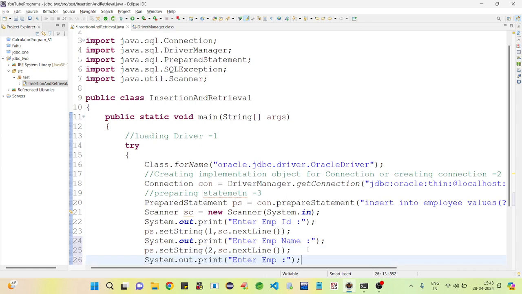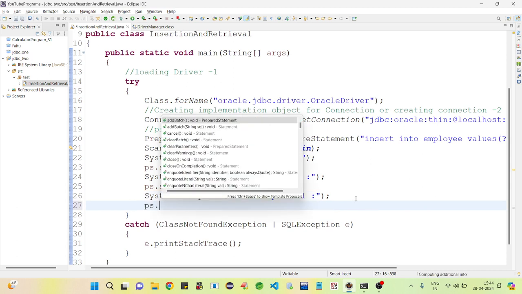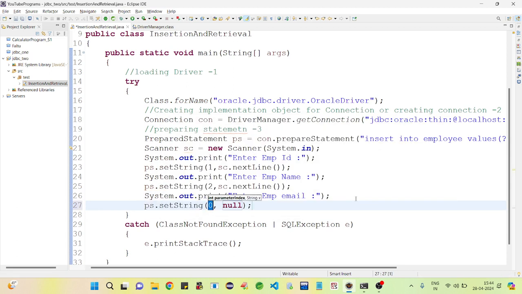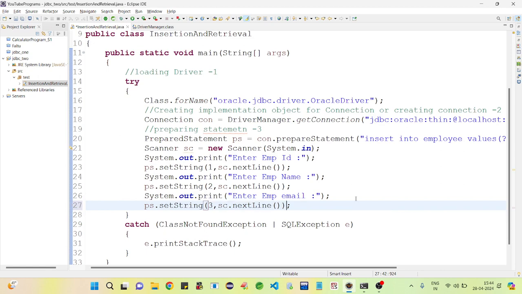After that, enter emp mail id, email is of type string. ps dot setString, column index is 3. In database, index starts from 1, in Java 0. sc dot nextLine.